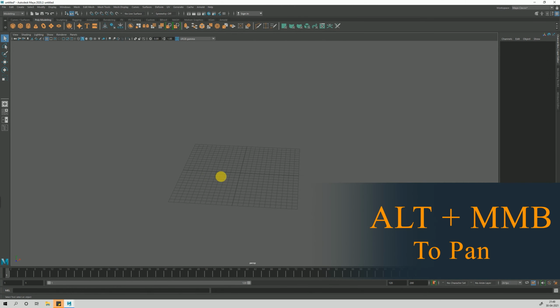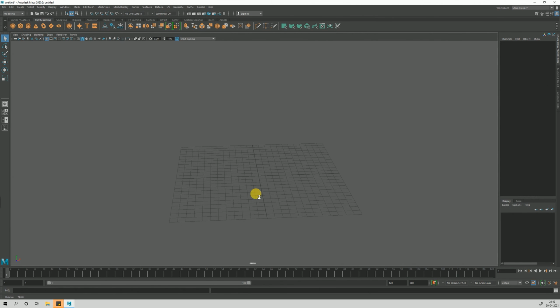So there are 3 options. We will go once more. Alt left button to rotate, alt middle mouse button to move around, and alt and right click to zoom in. So there are 2 options to zoom in. One is a scroll and one is right click. You have to press alt all the time. So alt left click, middle mouse and right. You can create a note for that, just in case.